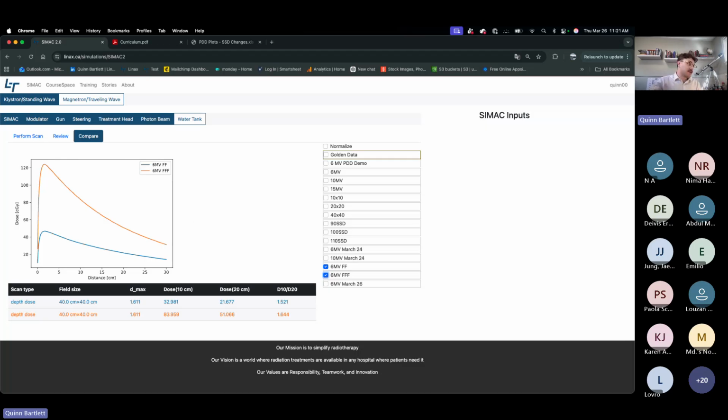The difference really is that our flattened beam has passed through a flattening filter, which absorbs a large portion of the forward-directed photons to make the beam more uniform across the field. So we can see it's a much more uniform slope on our blue line, our flattened beam. Of course, this reduces the central axis intensity, so you can also see a lower peak dose and a smoother buildup. In contrast, the flattening filter free beam has no filter, so it retains its natural forward peak distribution, resulting in much higher dose near the surface and at Dmax. The difference occurs because removing the filter eliminates attenuation and head scatter,